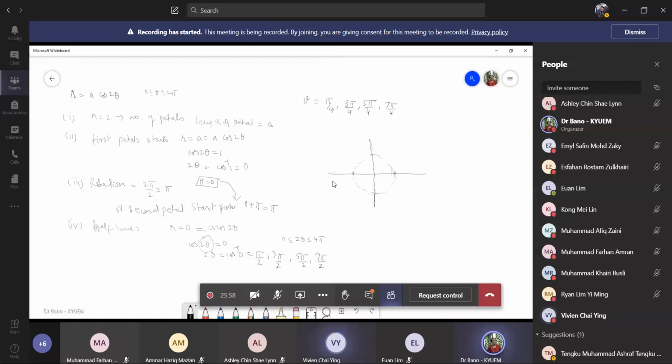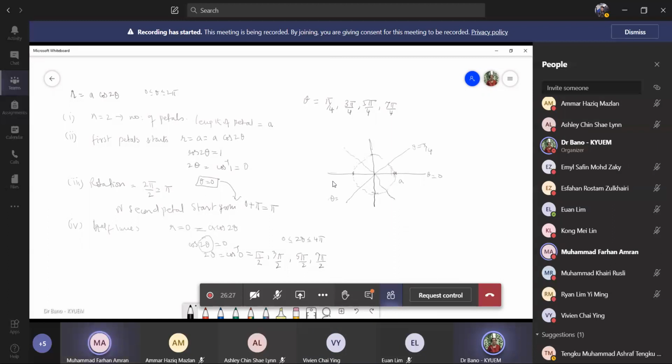Okay. So now let us say this is A, all right. Theta is equal to 0. Then what we have, I'm just drawing. So this is theta is equal to pi by 4. This one, what angle will this be? That's 5 pi by 4. And this will be 3 pi by 4. This is 7 pi by 4, isn't it? Yeah. So now what we need to do, we just need to